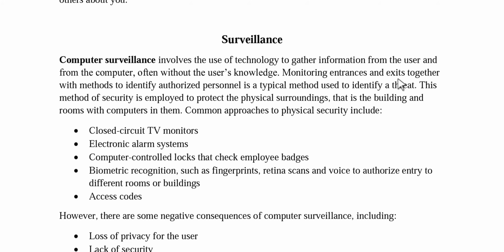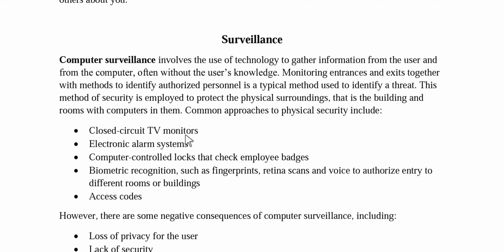Monitoring entrances and exits, together with the methods to identify authorized personnel, is a typical method used to identify a threat. So, on one hand, a person can use surveillance to monitor your data on a computer, but on the other hand, they can monitor persons so that they don't try to get access to these computers. This method of security is employed to protect the physical surroundings, that is, the building and the rooms with computers in them. Some common approaches to physical security include: